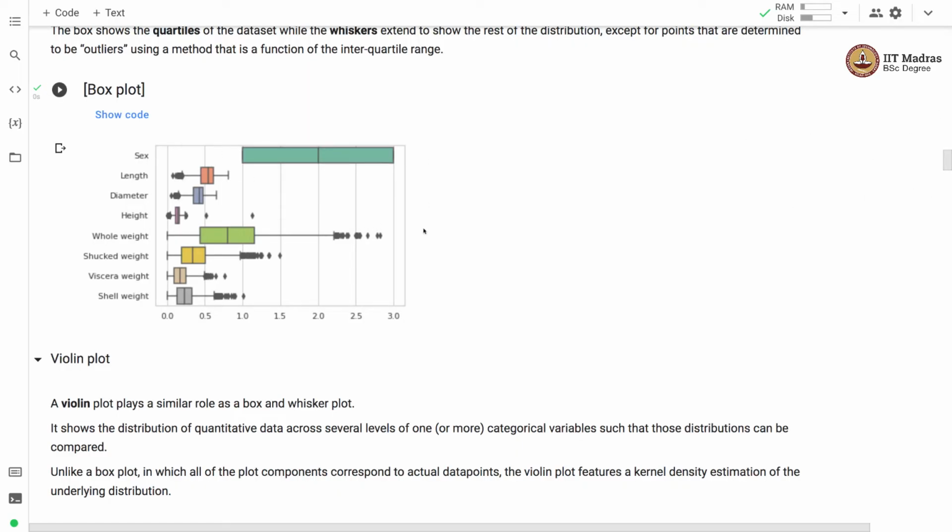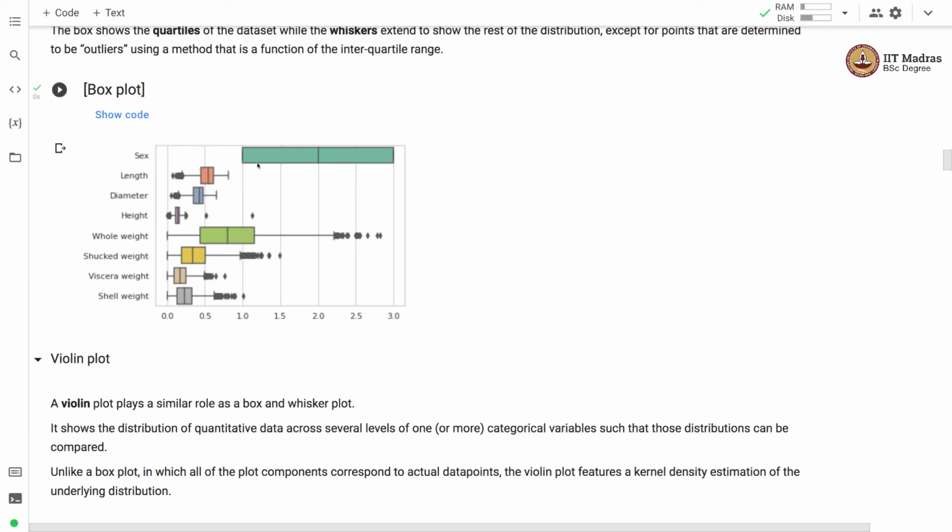We can use box plot for confirming the same. And box plot, if you are not aware, it has four different things. So for example here, this box that you see here, this is the 25th quartile, this is the median, the middle line over here, this is the 75th quartile, and the extremes are the minimum value and the maximum